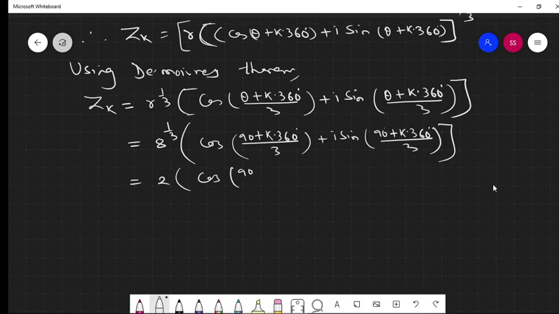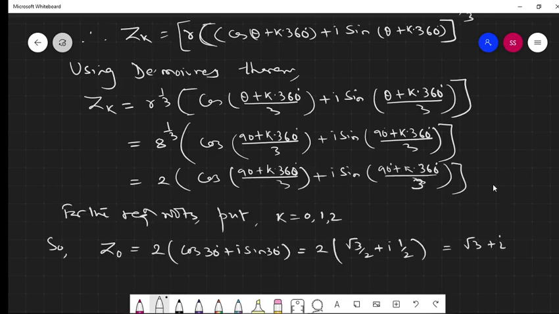You can write cos 30 plus i sin 30 degrees, equal to 2 times cos 30 is root 3/2 plus i times 1/2, that is sin 30. Simply the 2 cancels, giving root 3 plus i. And then you have to find the next, z1 equals 2 times, if 360